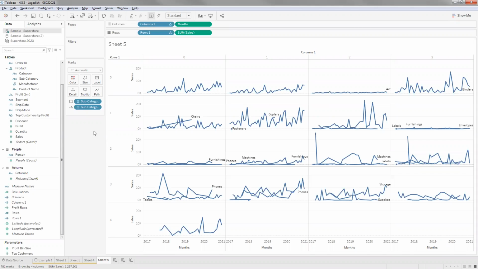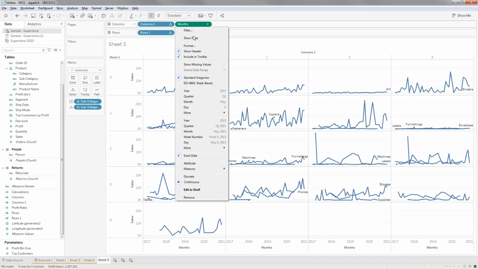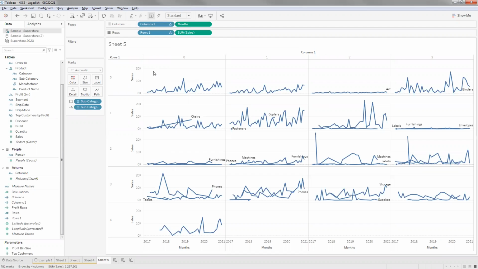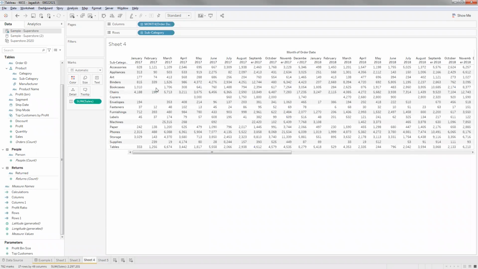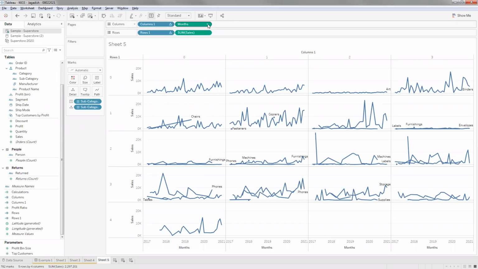In order to fix that, there are a couple of simple things that we can do. First of all, we need to tell Tableau that, I understand you are trying to replace a missing value with the next present subcategory, but you should not do that. You should only consider the values present in that particular subcategory. So how do we tell it? There's an option. First of all, both these table calculations are dependent on your months and subcategory.